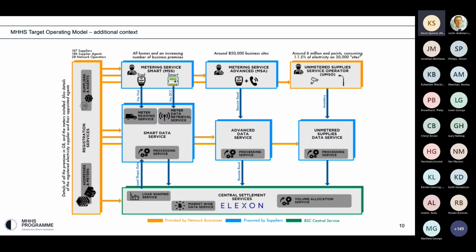Now, the smart segment obviously includes the non-smart meters, or the traditional meters as generally referred to under the programme. And there's around 30 million metering systems in that market segment, or at least there will be when all the metering systems have been migrated. When the metering systems are migrated, we reckon there's going to be about 850,000 in the advanced market segment. And once rationalised, I think there'll be around 20,000 MPANs in